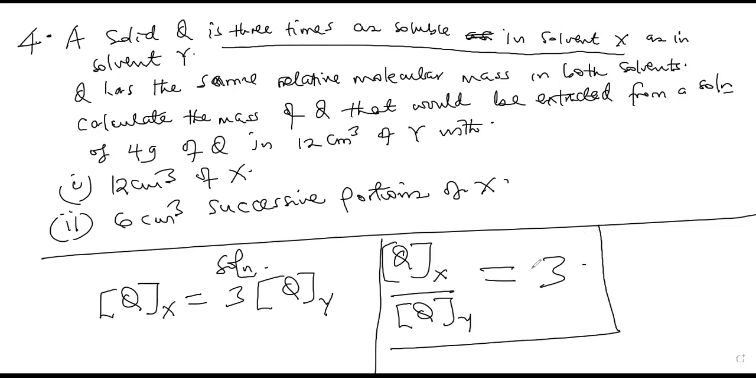So it gives us the KD, but you need to know what to put up and what to put down by following the statement: a solid Q is 3 times as soluble in X as in solvent Y. So from there you can push it. Another logical question would be, which would be like our number 5, would be